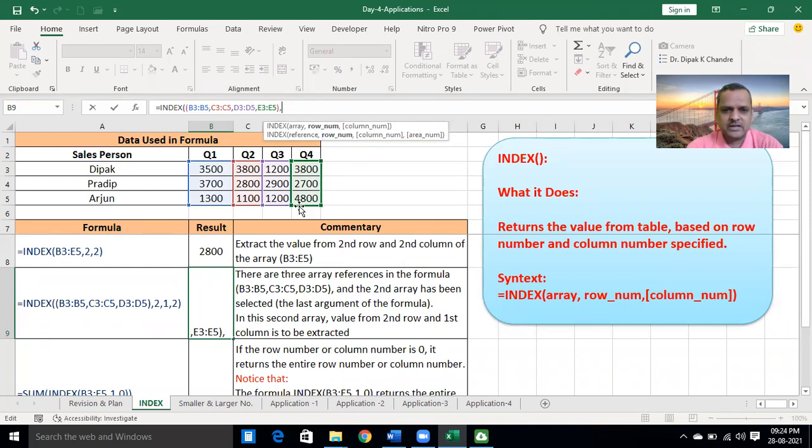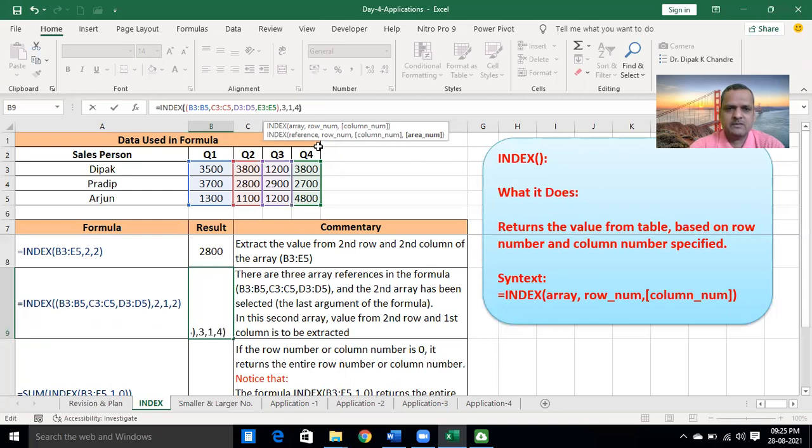We need to extract 4800. In which area number is it placed? First of all, tell me the row number as far as this table is concerned. Row number is 3, column number is 1, and area number: 1, 2, 3, 4, the fourth area number.